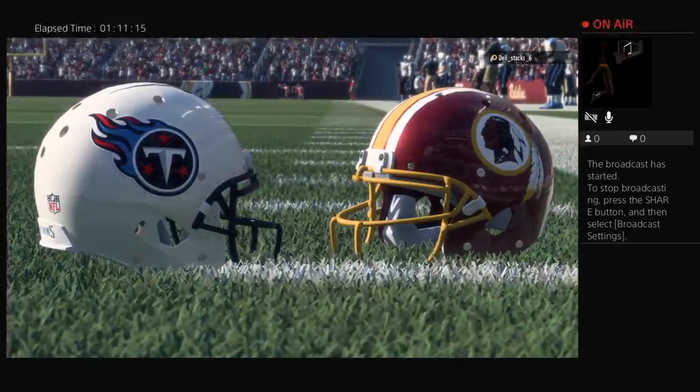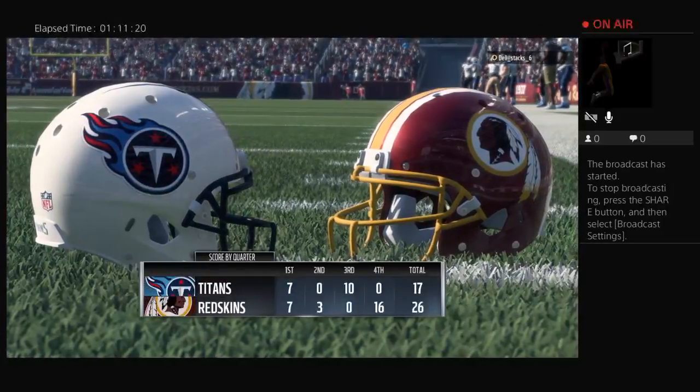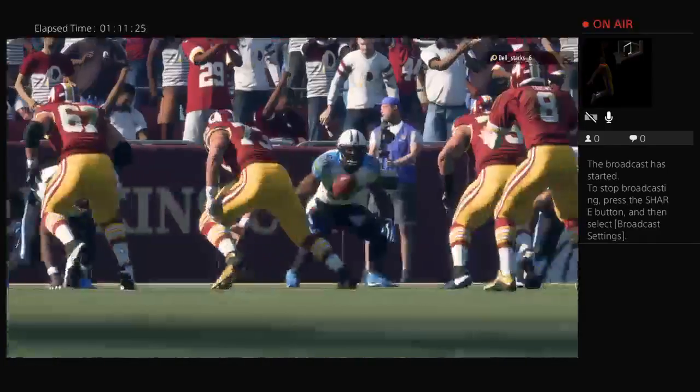So for the Redskins, they climb back to 500 now at 3 up and 3 down. And they'll hit the road next week to take on the Dallas Cowboys. Meanwhile, for Tennessee,